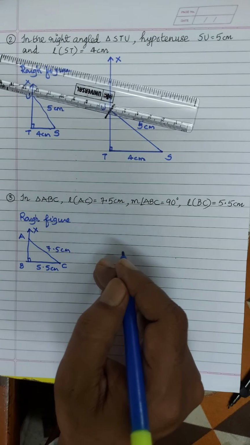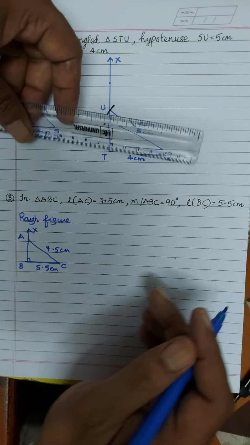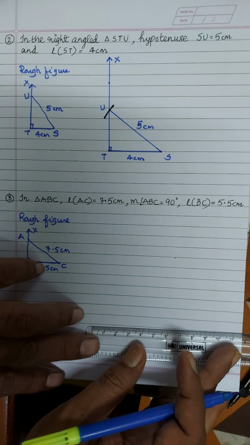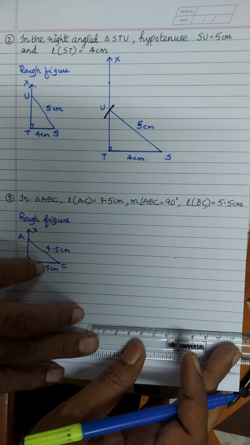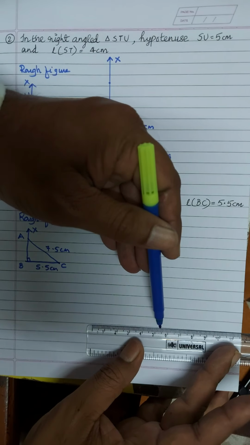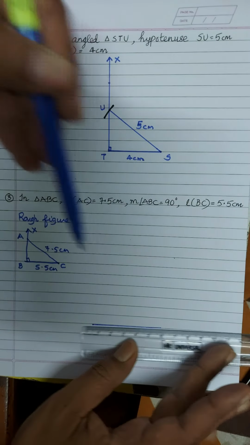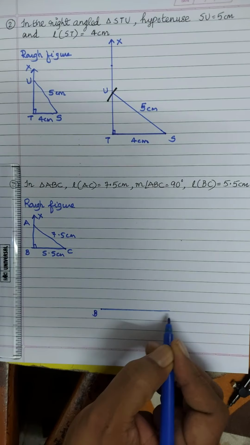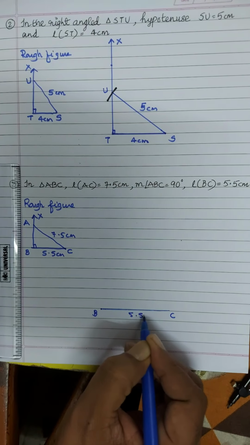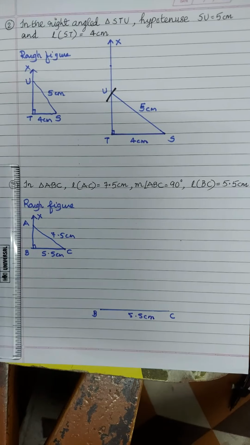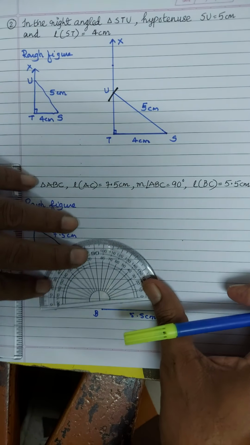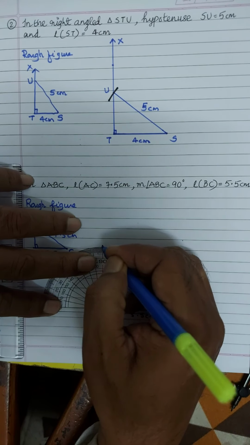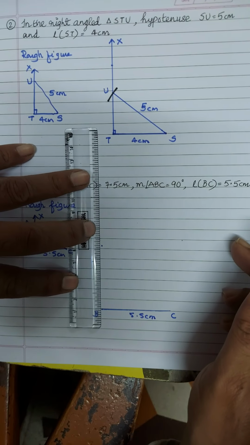How simple it is. Let's take BC, a length of 5.5 centimeters. So let's draw BC, a length of 5.5 centimeter. See, this is 5.5 and this is our length. We need to take it down here. After that, we use the protractor to take 90 degree, the measure of angle ABC. Putting on the edge of B, we take a right angle, give a mark on the 90 degree and join both these points straight.